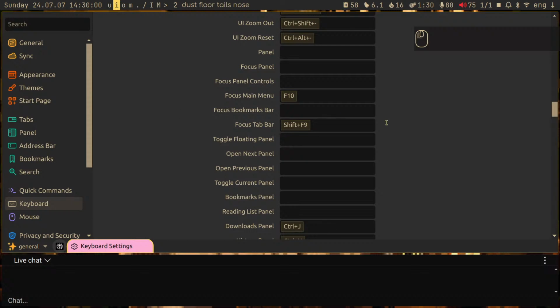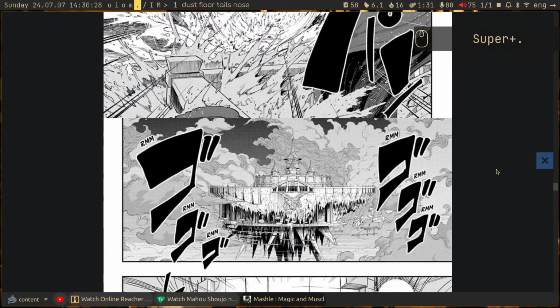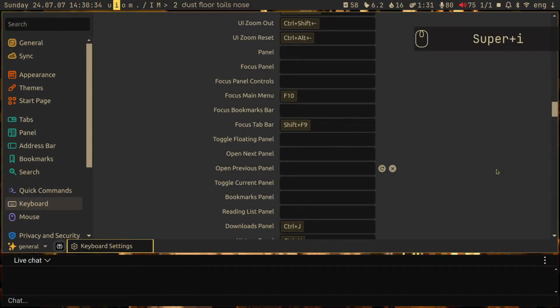So basically what I get to do is I can press Shift F9, Shift F10, and this brings in this window to me exclusively by using the keyboard. I do not need to use my mouse for this. And now all I have to do is just press a single character, W for example, to move this tab into the workspace, or O to move it to the content workspace, and the content workspace is this one, so it will effectively move this tab from one window to another. Yeah, so this is already pretty good,